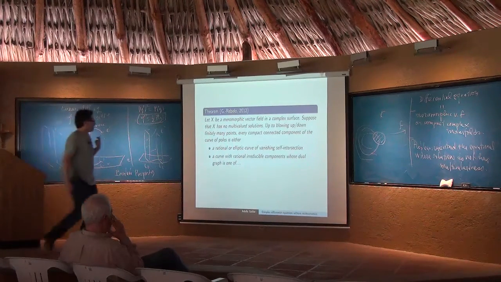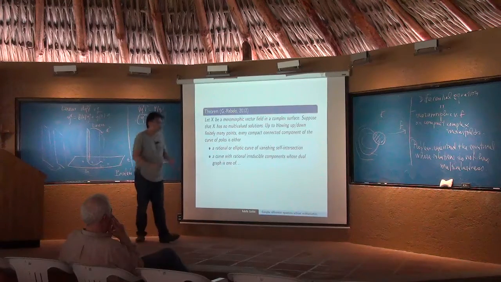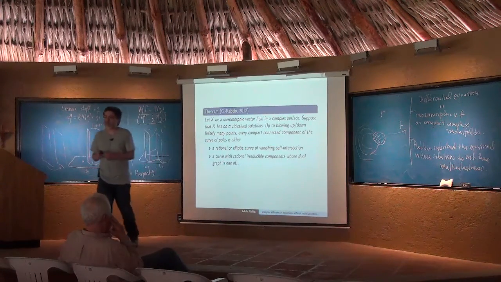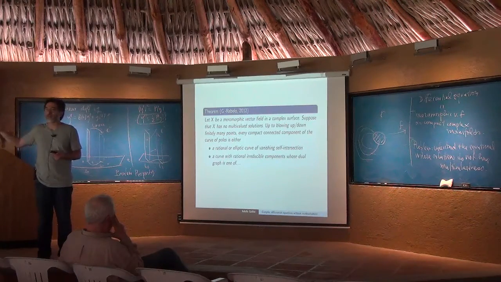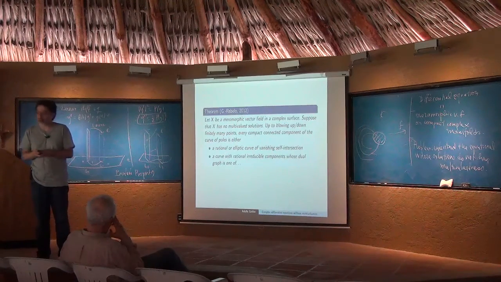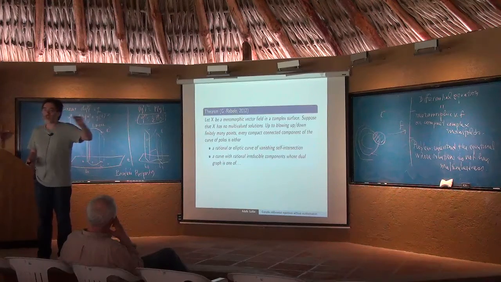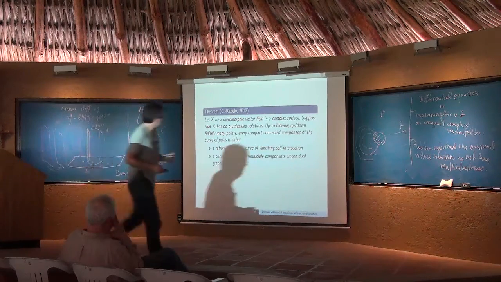So that's one of the possibilities. The other possibility is that your curve is not reduced. It has several irreducible components, all of them being rational curves. And when you have such a configuration of curves, you can attach a dual graph to it. You put a vertex for each rational curve and an edge if two of them intersect. So the admissible dual graphs are